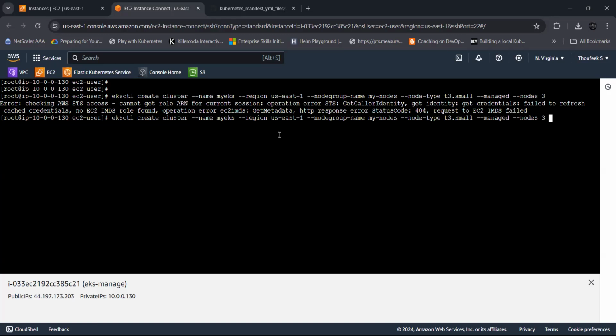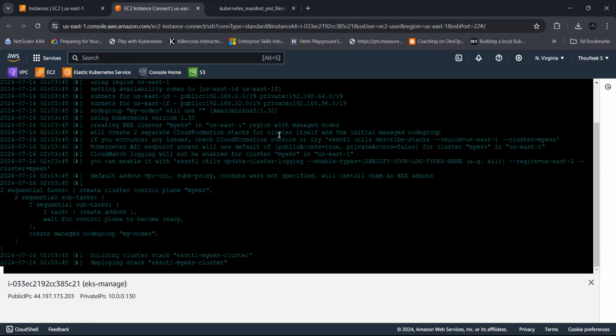So I'm just going to run the same command again. See, now it's working. It will take some time, like 10 to 20 minutes, to create the EKS. So in the meantime, I will show you